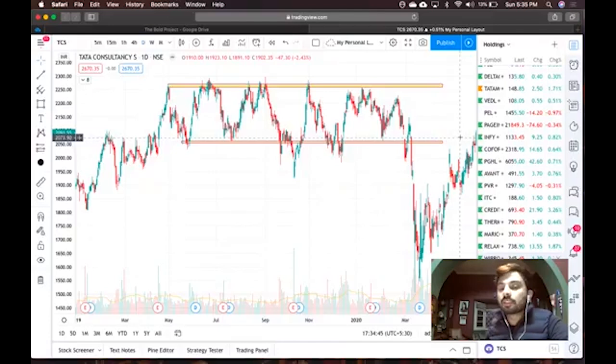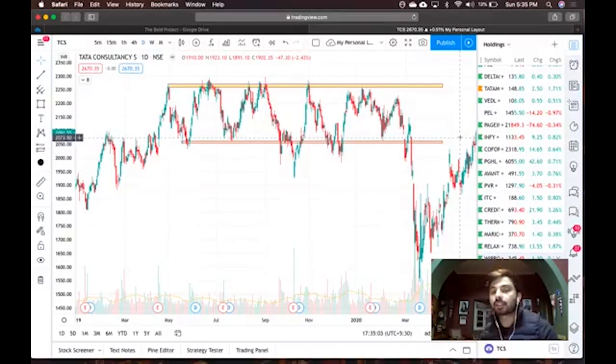Having that established, now the question is how to take a trade on it and what the risk, SL, etc. should be. First of all, I want to make one thing very clear. When you take a trade, you have to answer some set of questions without which your trading will not make sense, without which you are poised to lose money in the market.